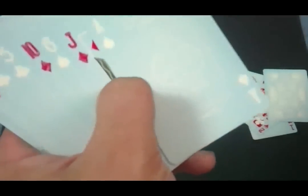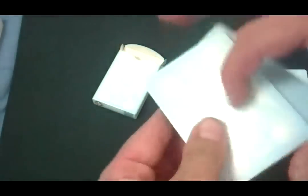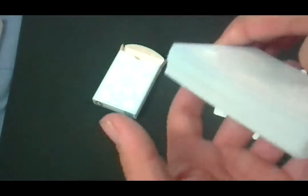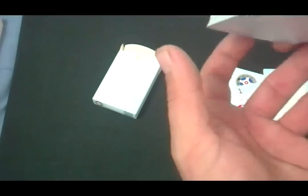Like, I can see it. You can't see it. If I was performing with it, it'd be pretty hard to see it. The faces of the code cards are pretty hard to make out. The back design is even worse. As much as I like the theme and everything and the designs,